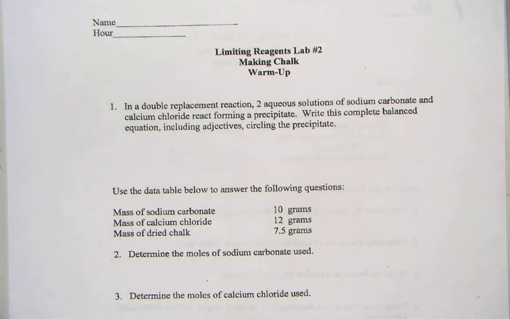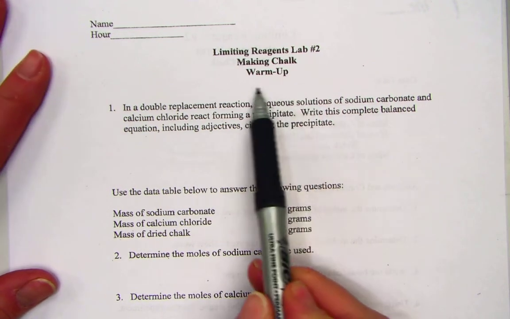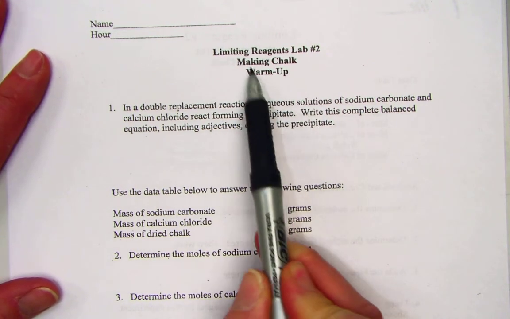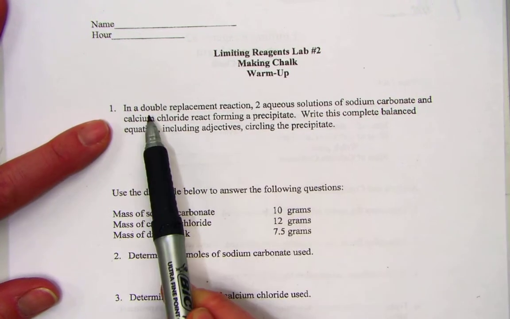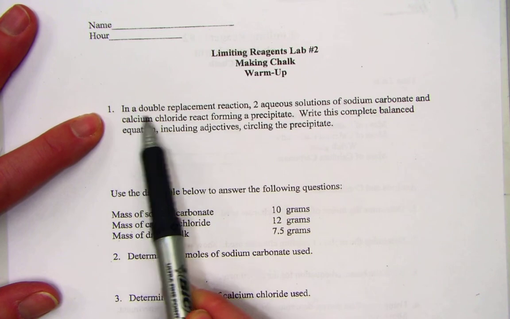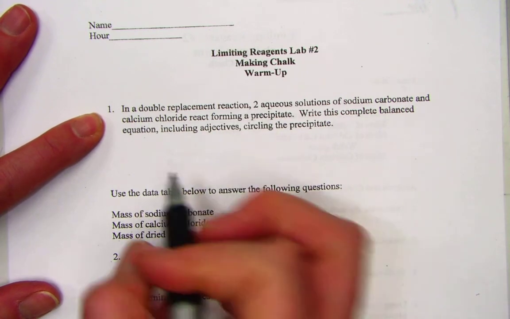Yesterday we ran an experiment where we were looking at a double replacement reaction between our reactant sodium carbonate and calcium chloride. Let's all get onto the same page, the warm-up of our lab report form, limiting reagents lab making chalk. In our first question it reads, in a double replacement reaction, two aqueous solutions of sodium carbonate, let me